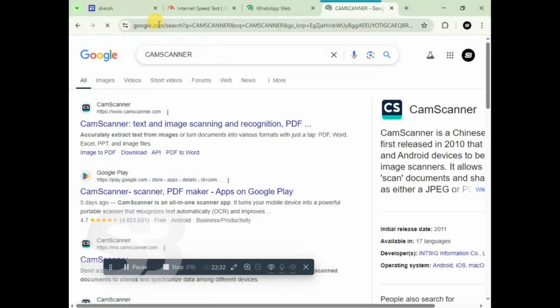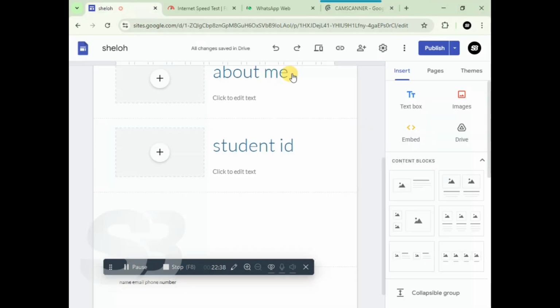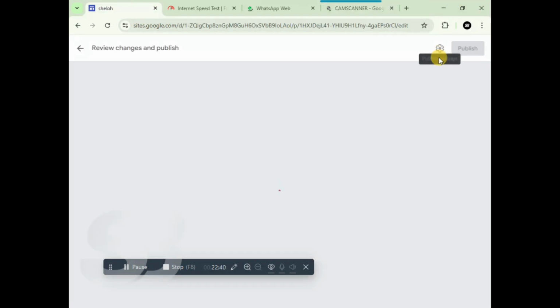Everything, make sure you have this application. It's called CamScanner. Make sure you just publish. Every change you make, you keep publishing. So if you've made changes, you don't have to